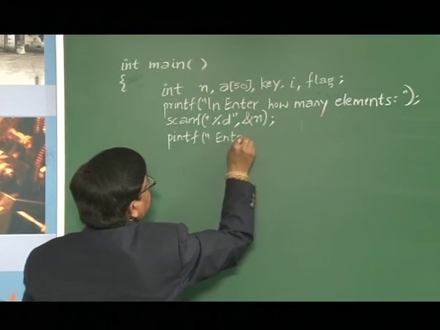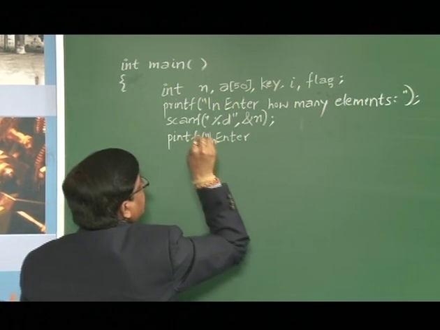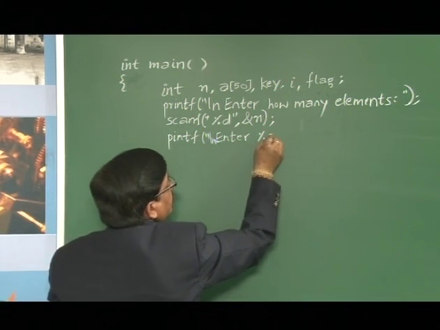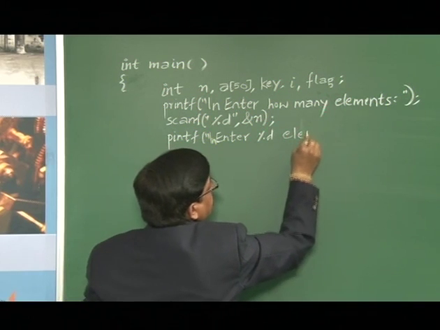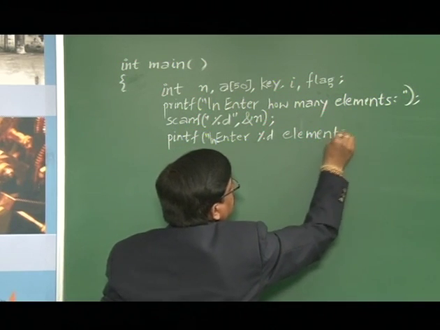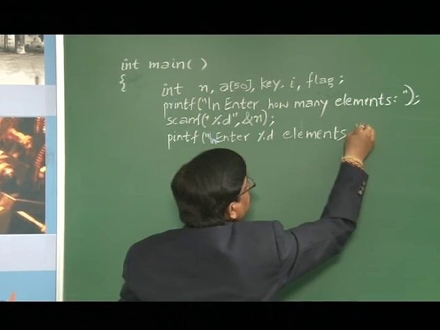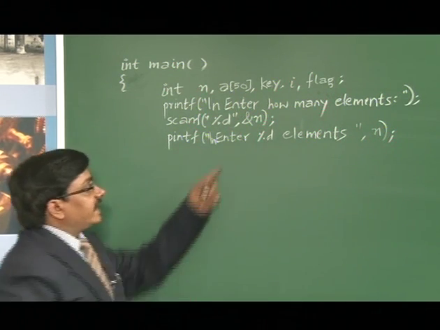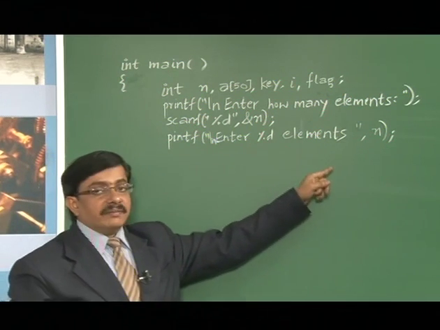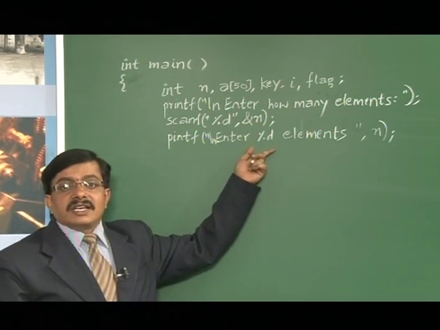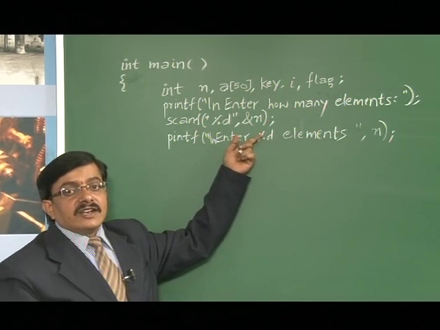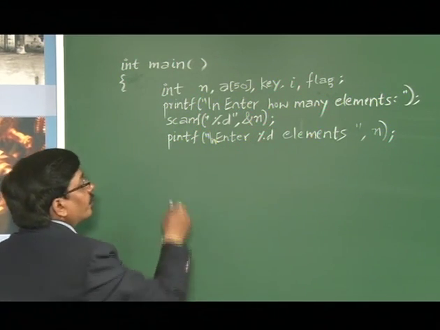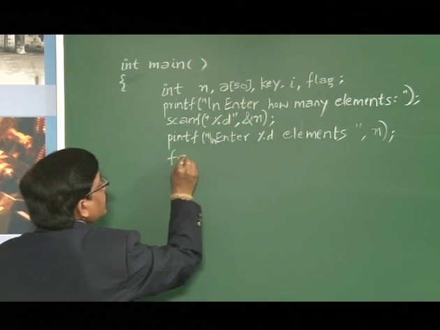So try to use the \n and \t for proper formatting. Enter %d elements. So here, if the user has entered the value 10, then it displays "enter 10 elements". If the user has entered something like 15 elements, as the value of n, it will display a message like "enter 15 elements". Now we are supposed to read the elements, and we know that using the looping construct, we